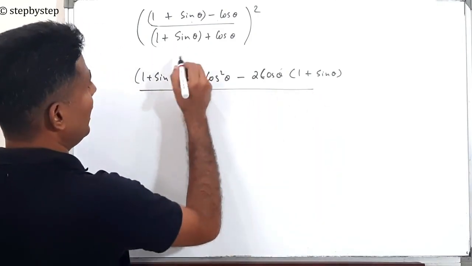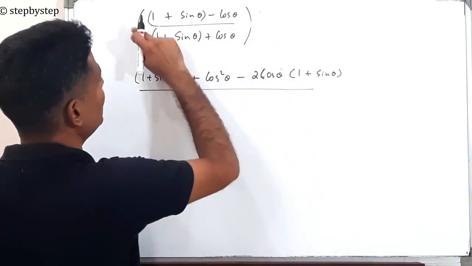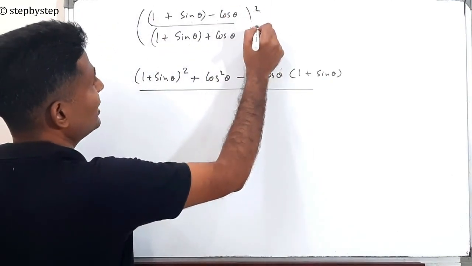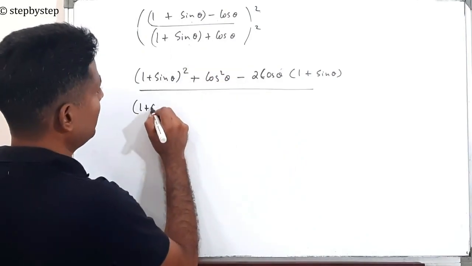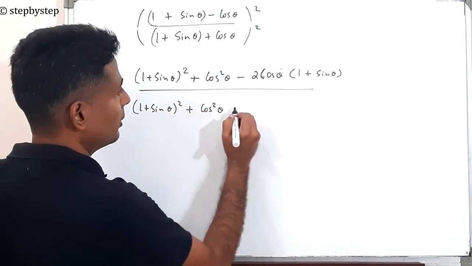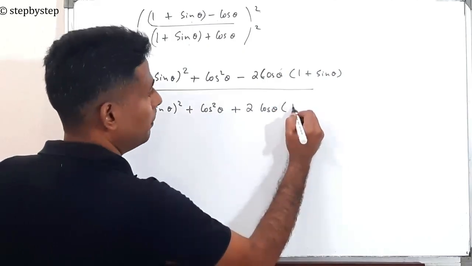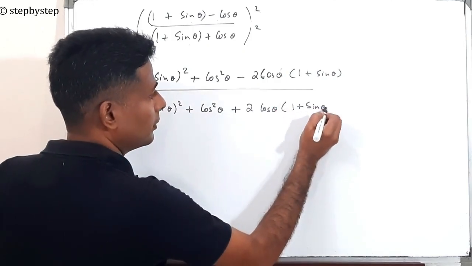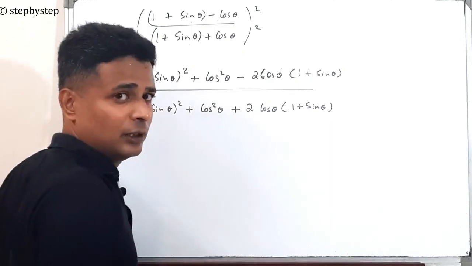Second, here again it's of the form a plus b whole square. This square can be written as, you can split up and down, right? Because it is division. So a plus b whole square, again a square plus b square plus 2ab. 2 into a into b. 2ab I can also write as 2ba, right? So I have done it.